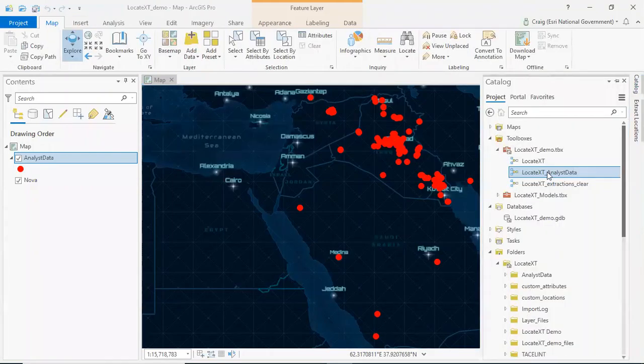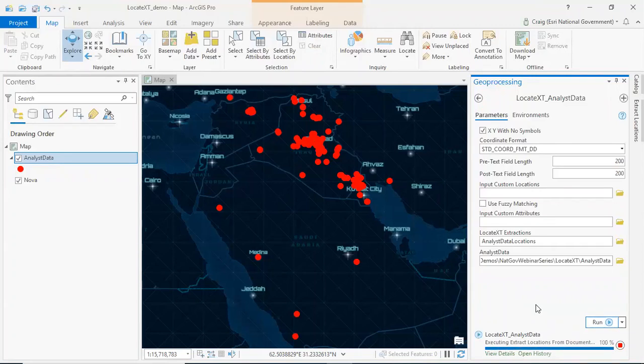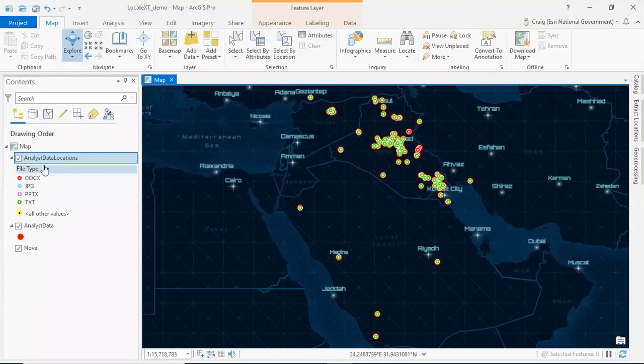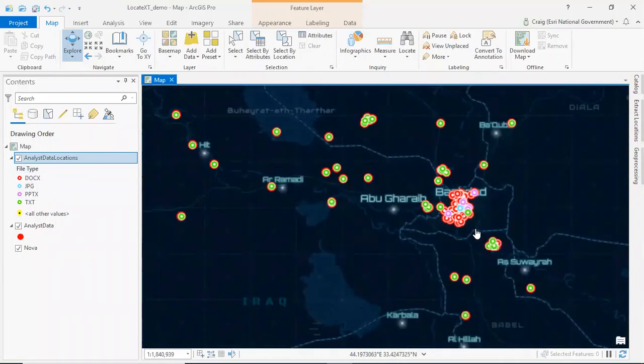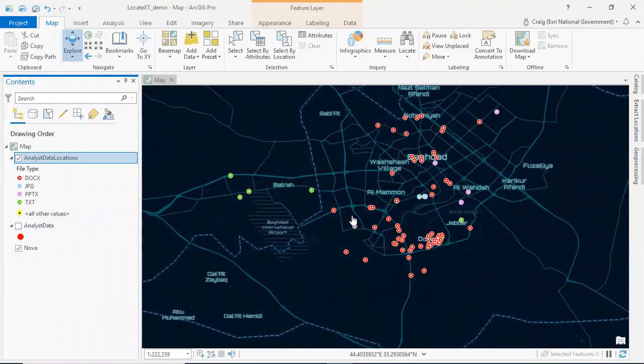So we'll go ahead and run this tool. And in this case, we have the location defaulted. And I'm just going to change my output here, and we'll rerun this. So now, again, automating that process, chaining together a couple of inputs for me, and it will provide me an output here into my contents. If we zoom in, what we'll see is now I've done some very simple styling on this that'll show me,